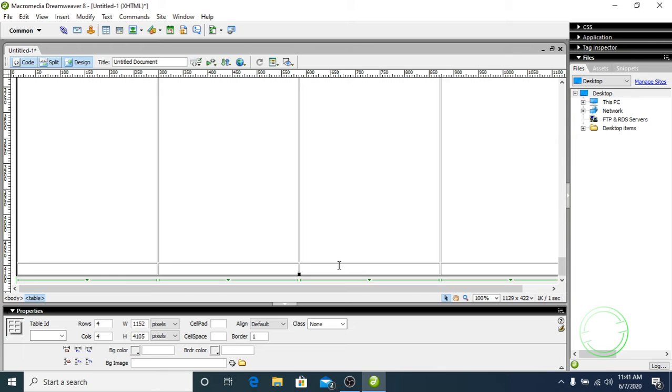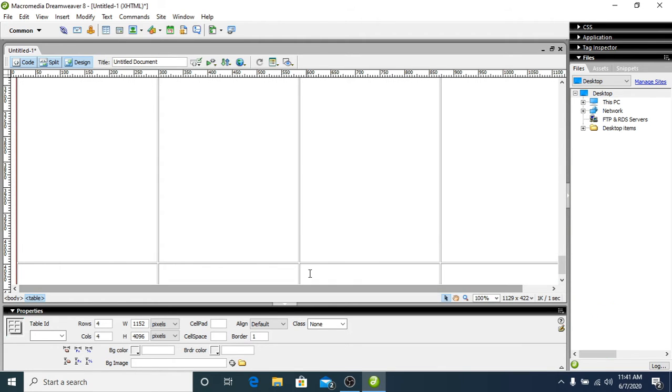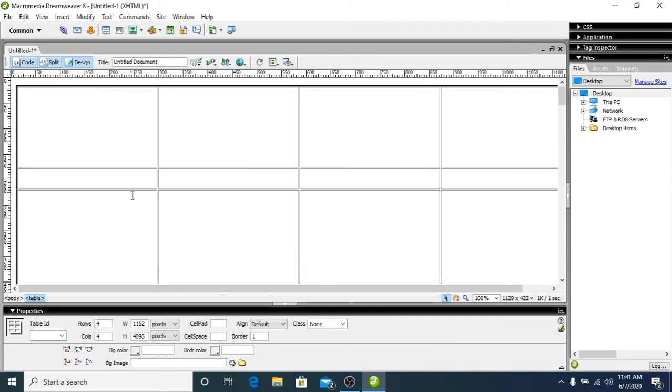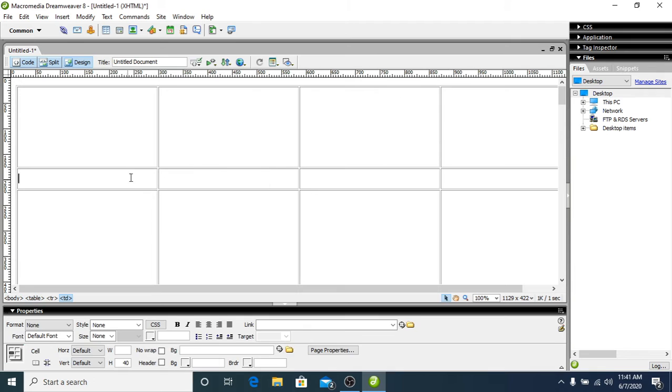So in the bottom I have it like this, and the top I have like this. Now I have broken my page into a few parts.